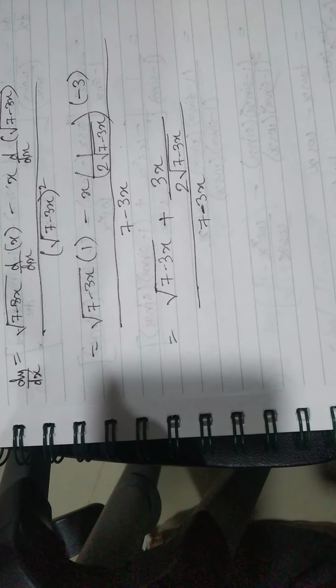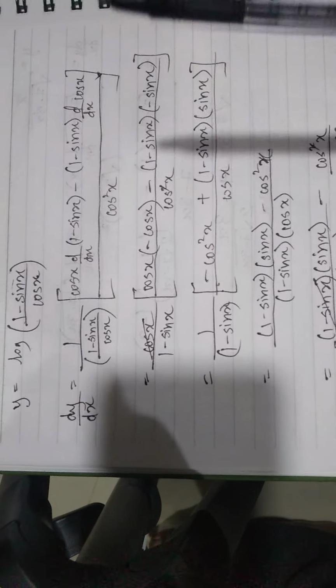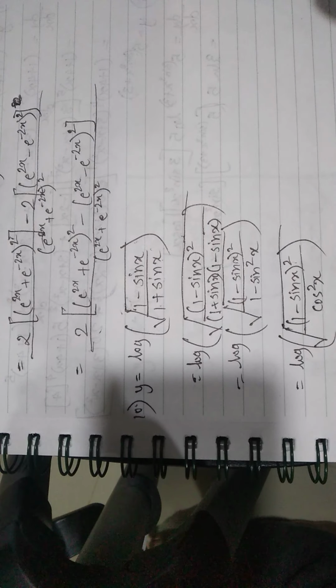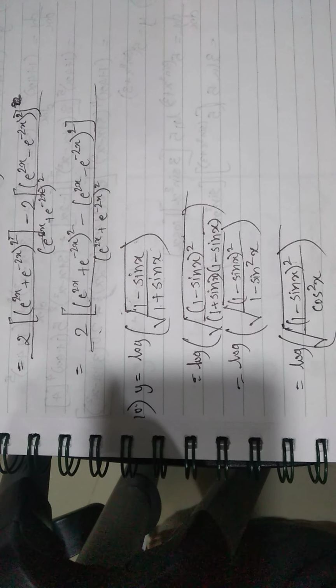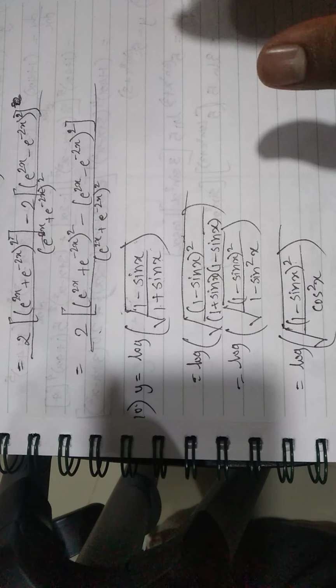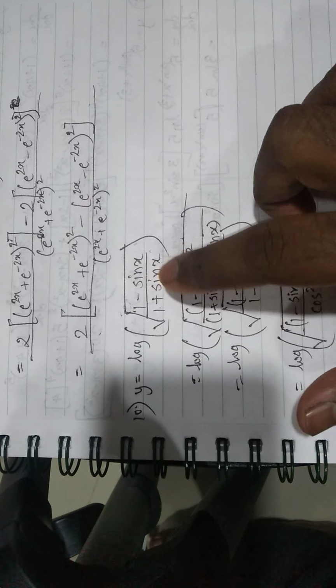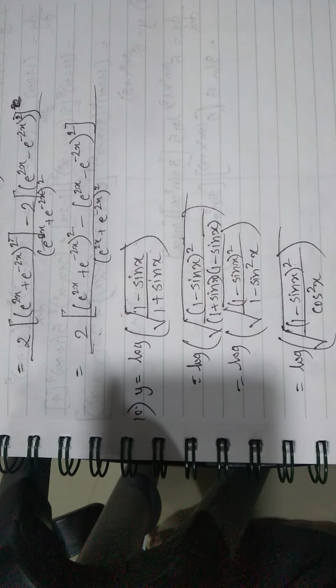But my whole idea here with these two videos was to show you how to do derivatives using chain rule, and also how to solve and find derivatives of composite functions without directly using the chain rule. So in future you will know how to get the derivative of composite functions without directly using the chain rule. That's the whole idea. Of course you need to know how to use chain rule, but when you have functions like these, you'll have a lot of substitutions and you'll lose track of where the problem is and how to finish it. Okay, so thank you.